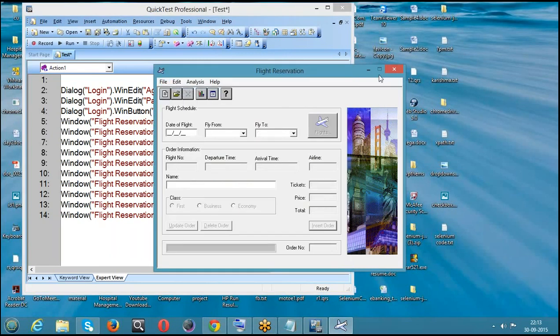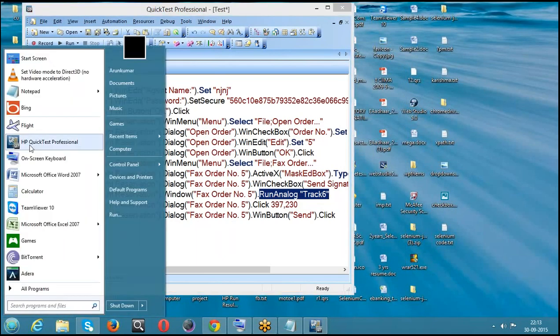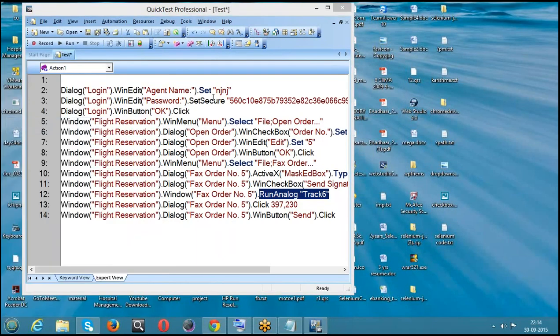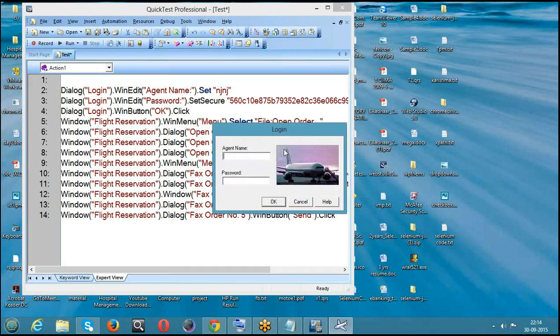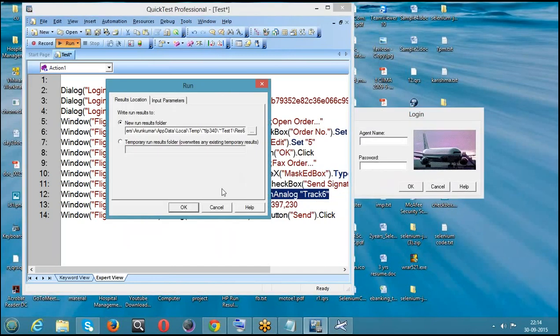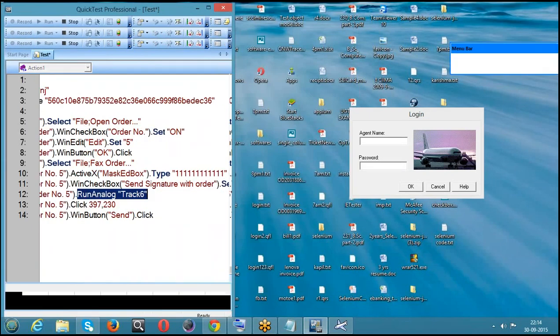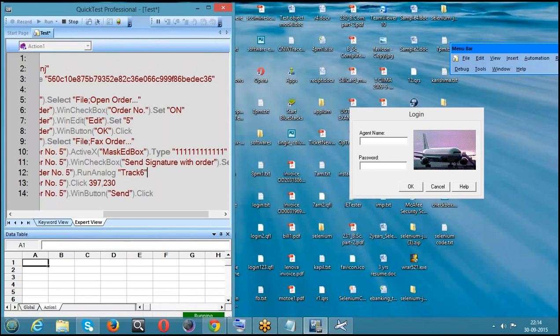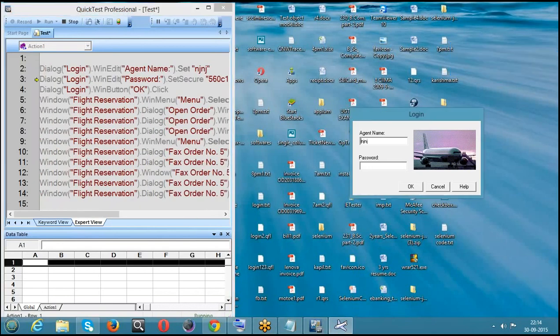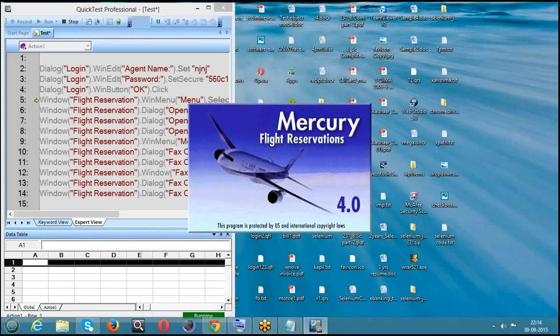So now let's run the test. To run the test, we need to open the application from the base state because I have login code over there. To perform that login code, I need to have the application on the screen. So this is my application on the screen. I'm running it. So I have combined both. Wherever needed, only that part will move to analog, and the rest everything will be in standard mode. That is what I am going to say.